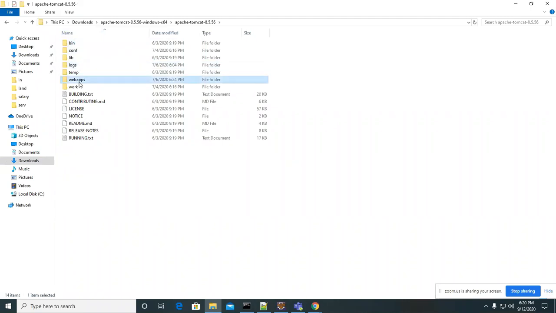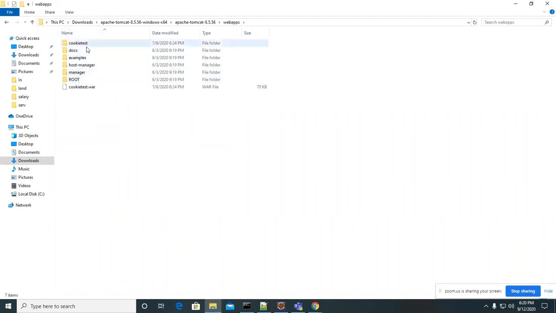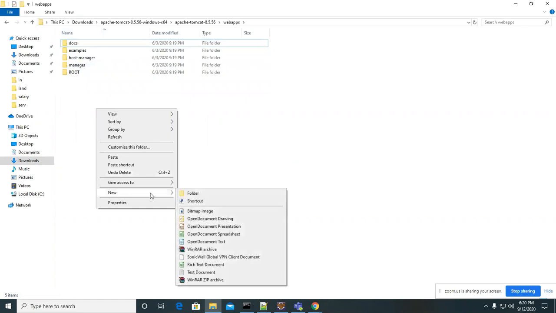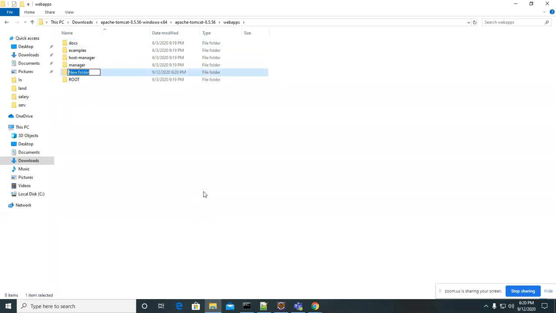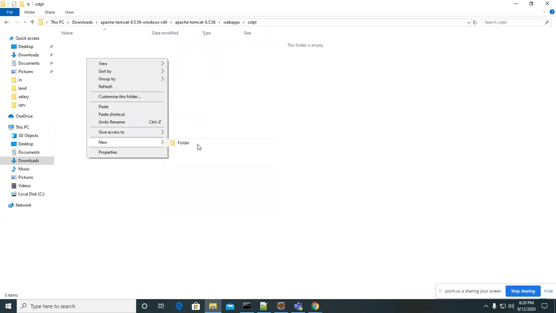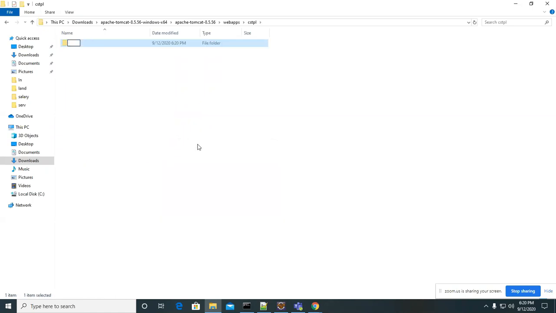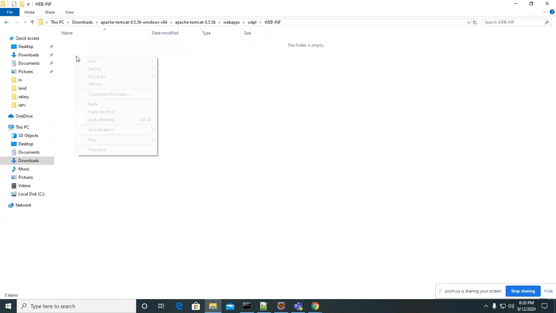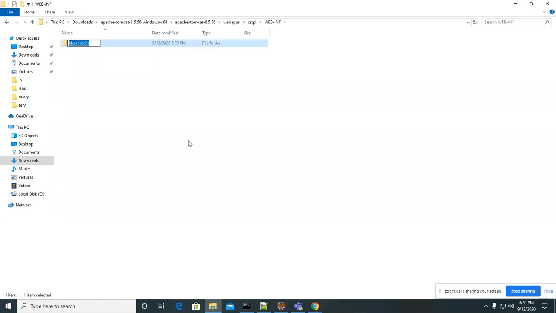This is the webapps folder, and let me delete this one. I'm creating a simple project, guys, CSTPL. You know WEB-INF, and we are trying web.xml to understand another way of creating the servlet program. The classes folder, and the lib folder here.